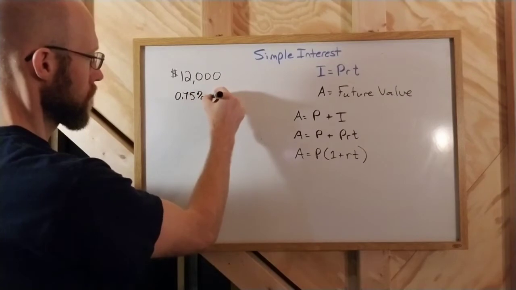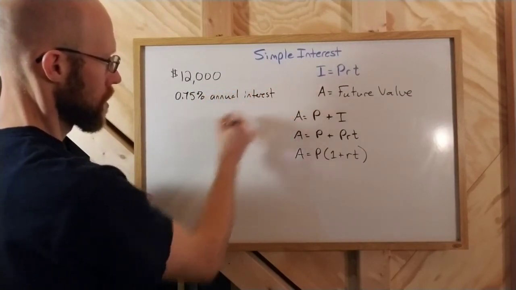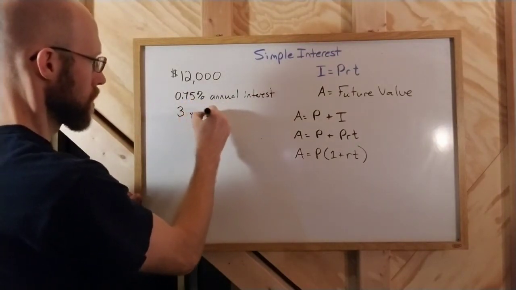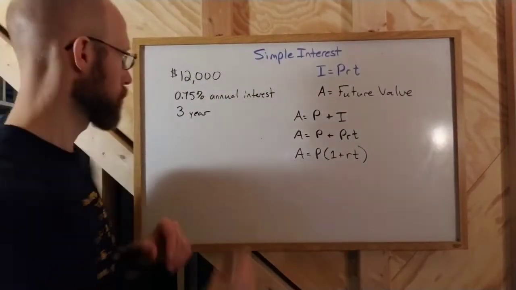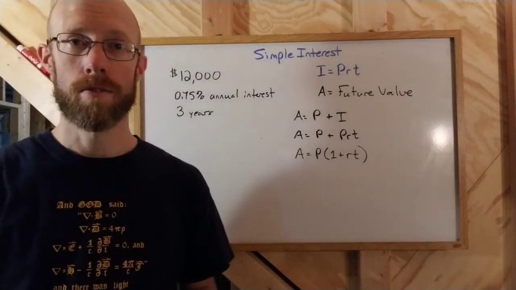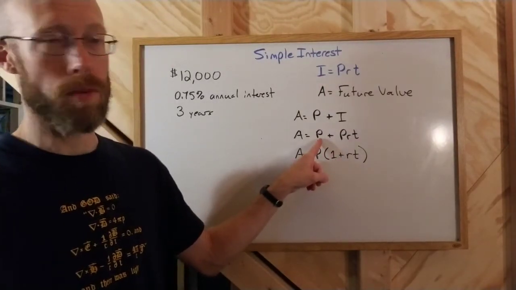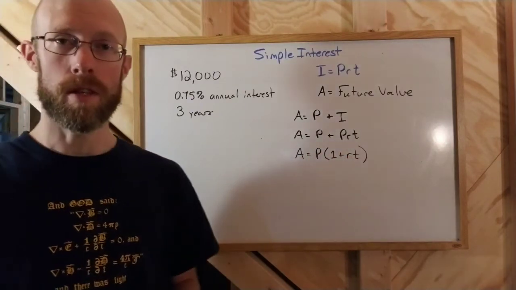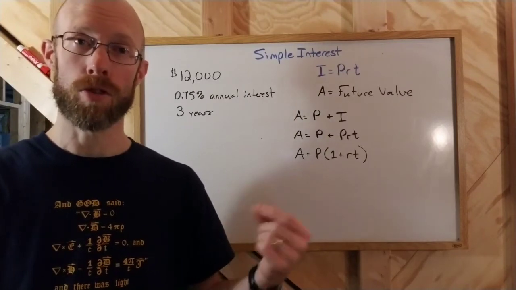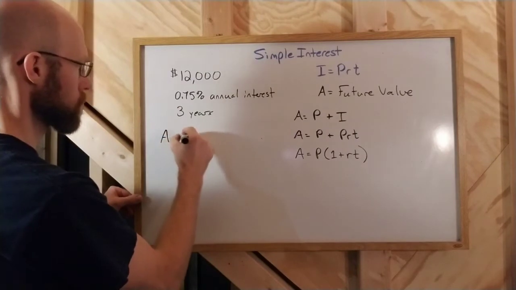0.75% annual interest over, let's go with a 3-year period. Okay, 3 years. Then you just plug those values into this formula. The 1 represents the original 100% of the principal. The RT represents the rate times time, which is the portion of the principal that you're earning in interest over that time period. So A is equal to 12,000